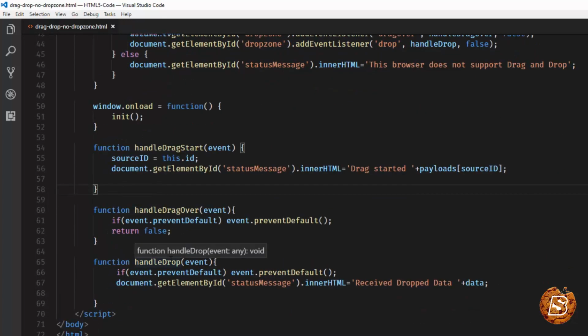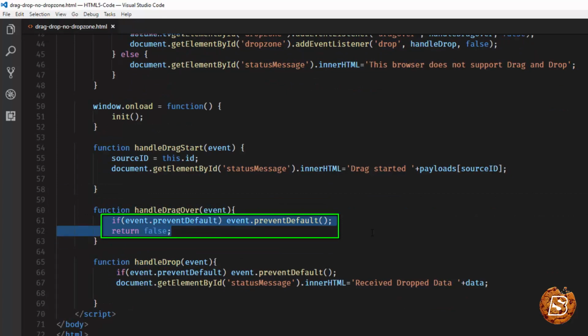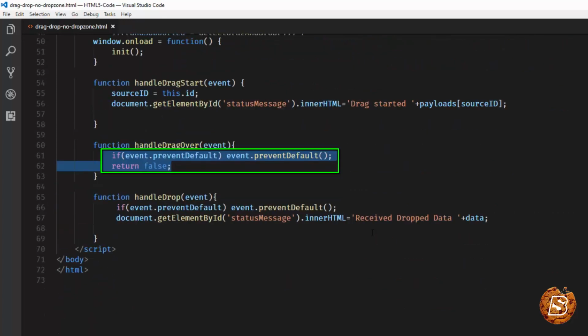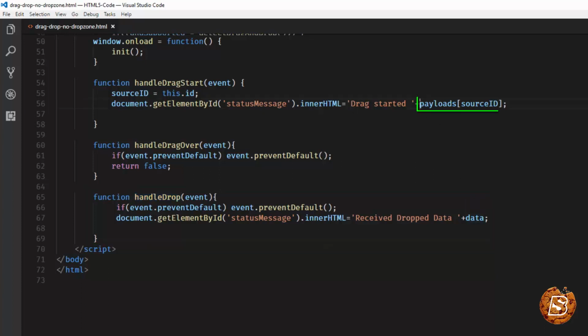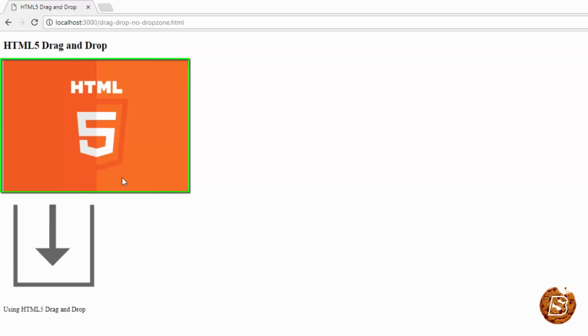Next we have drag over. Now drag over remains unchanged, and finally we have handle drop. Now handle drop will display the message, and the message will be exactly like we have over here, payloads source of ID. So now let's save this and execute it, and here we have the HTML image and the drop